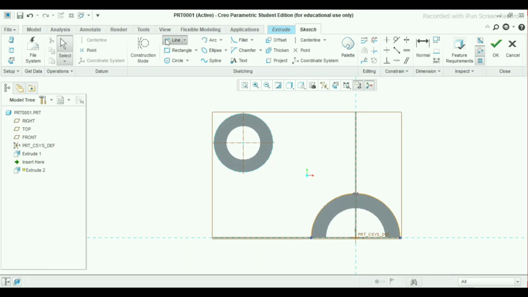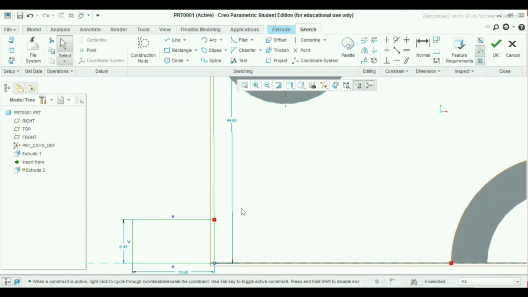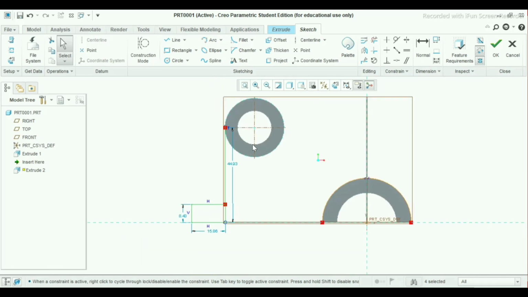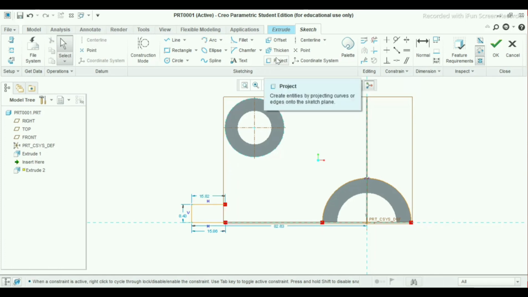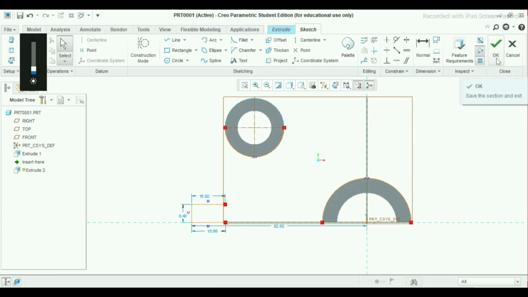Now again go to line, make this sketch. Or delete this line. Go here, project, select this arc, close it.